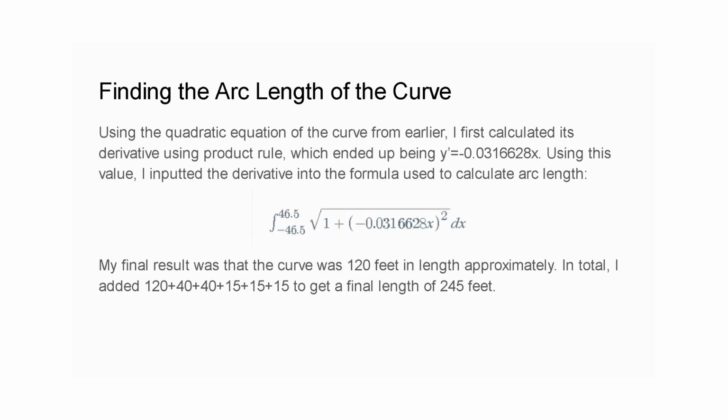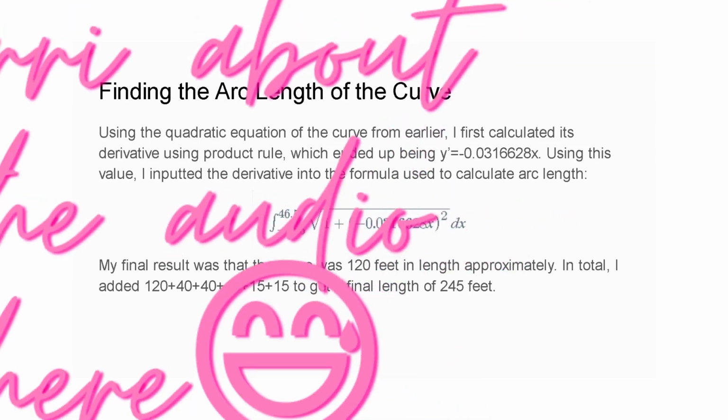Finding the arc length of the curve. Using the quadratic equation of the curve from earlier, I first calculated its derivative using product rule, which ended up being y prime is equal to negative 0.0316628x. Using this value, I inputted the derivative into the formula used to calculate arc length. So then this is the integral from negative 46.5 to 46.5 of square root of 1 plus negative 0.0316628x squared, and then the final result was that the curve was